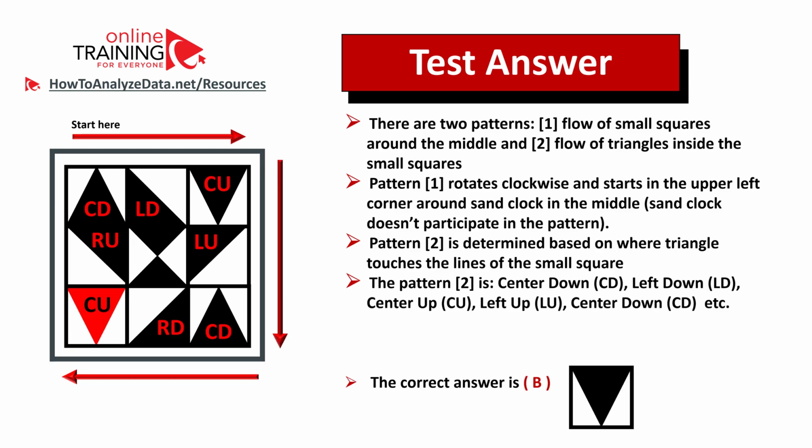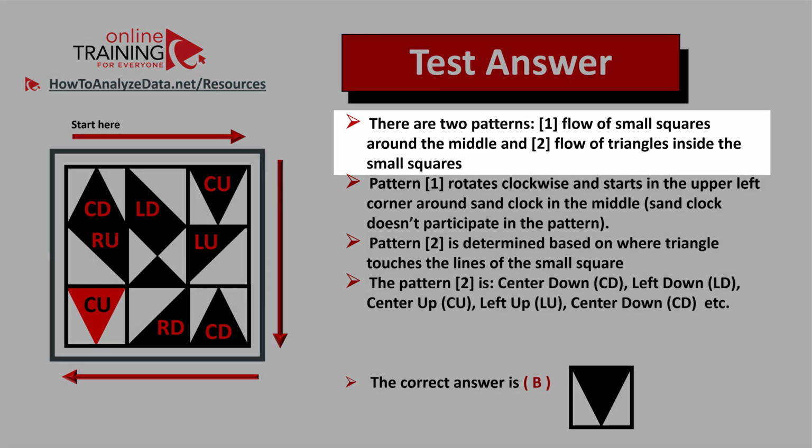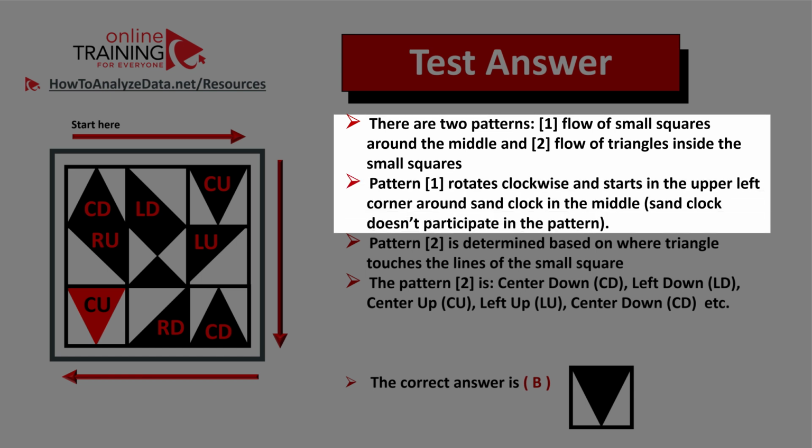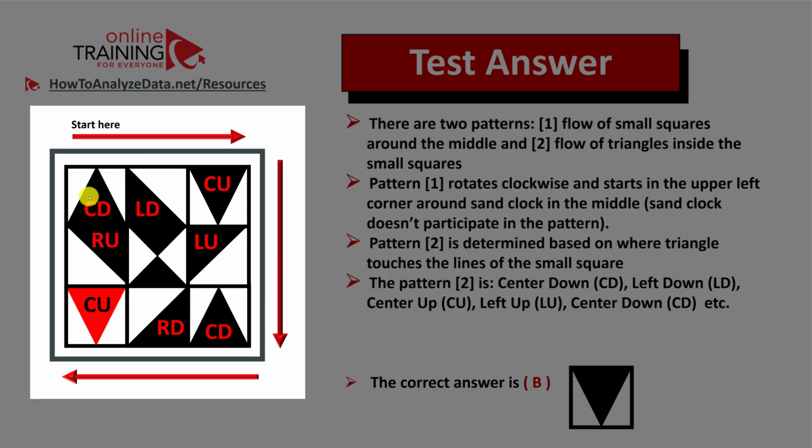We're presented with a very interesting challenge here. But the challenge could be broken down into 2 patterns. The first pattern is the flow of small squares around the middle, and the second pattern is the flow of triangles inside the small squares. Pattern 1 rotates clockwise and starts in the upper left corner. You see that the pattern rotates around the center square, which is in the middle, and the center square does not